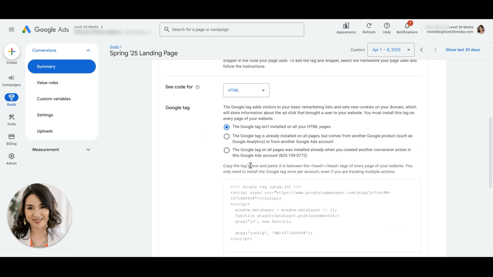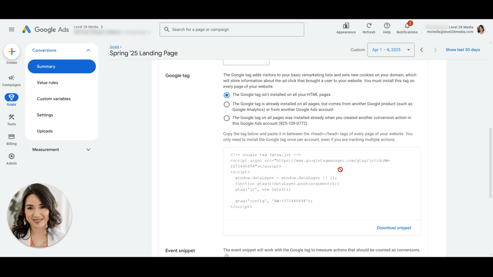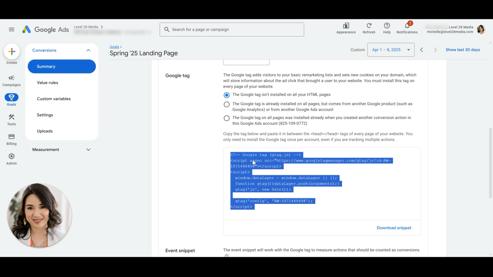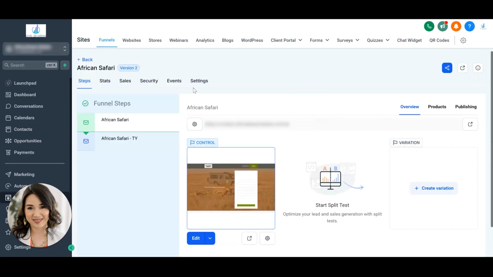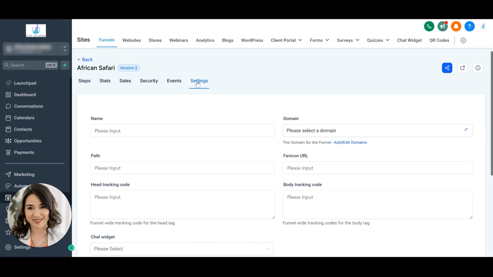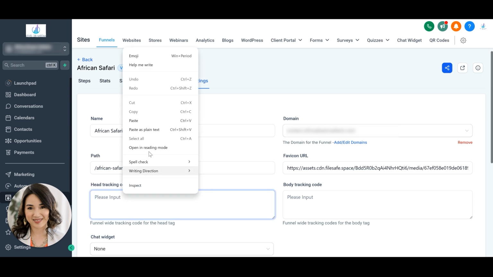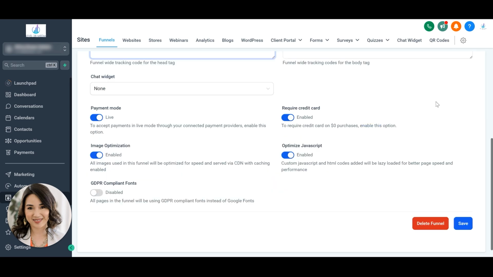The Google tag is a tag that you apply in the head of every page of your website. You only need to install it once per account. So in this example, I'm going to just grab this, copy, go over to my landing page builder, and I'm going to go to the settings area where if you're using Go High Level, you just go to the funnel you want to put it in and then go to settings and then head tracking code, paste it, and click